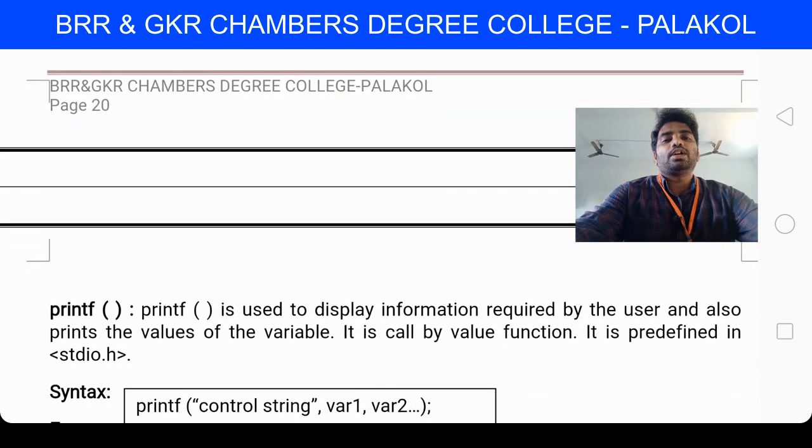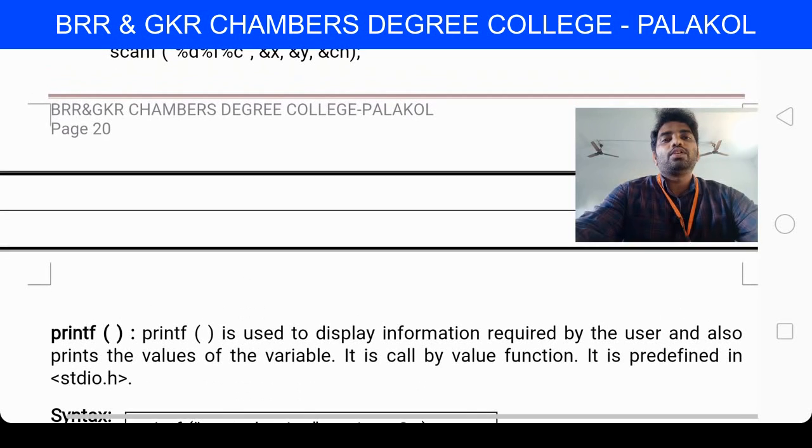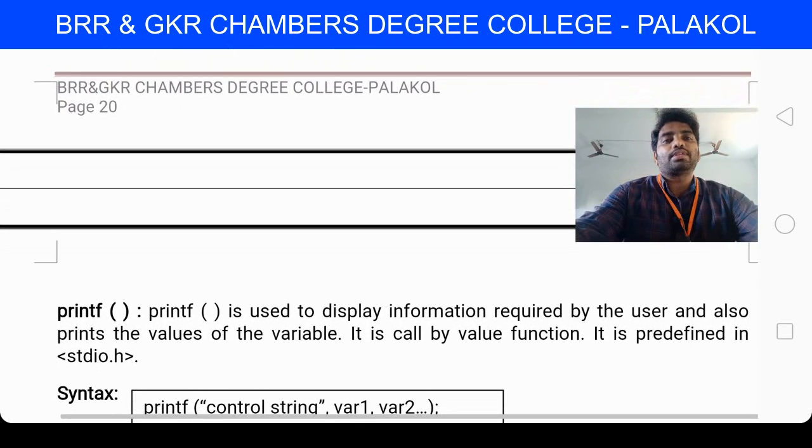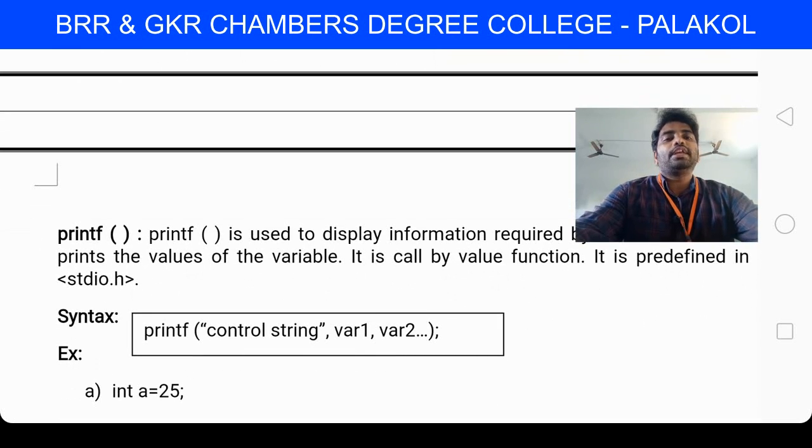Okay, next one, printf. Printf() is used to display the information required by the user and also prints the value of the variables. It is called by value. It is predefined. Scanf and printf have the same format. The scanf statement uses the ampersand with the variable; without the ampersand you use the printf statement. printf("controlling string", variable1, variable2);